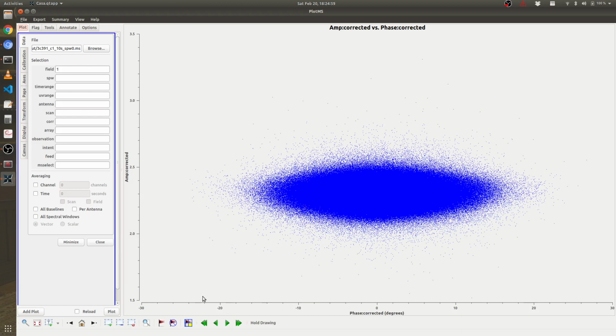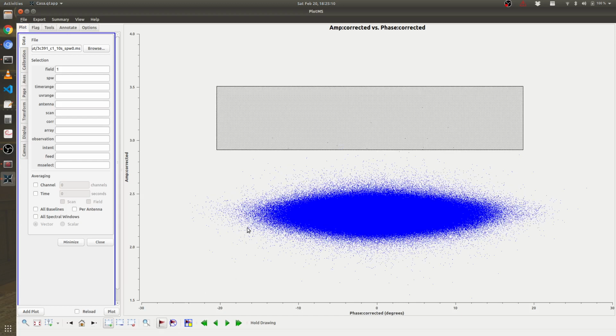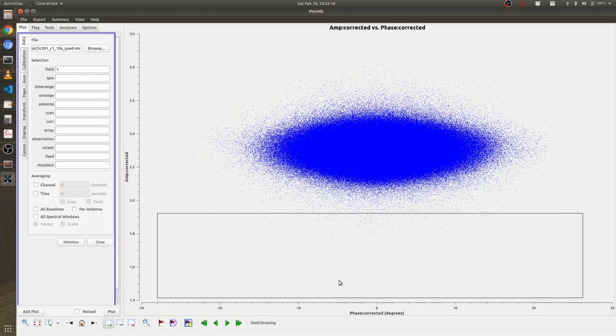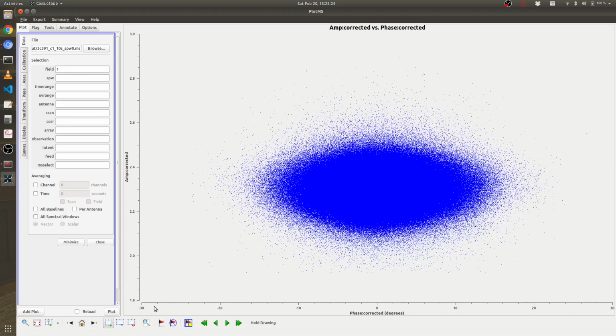Which is also very good, minus 20 to 20, and you don't see a circle because there are some points here, so you can just select and clip them. We call this clipping. Okay, it's flat and let us put the circle. You can also clip from here also. Again,